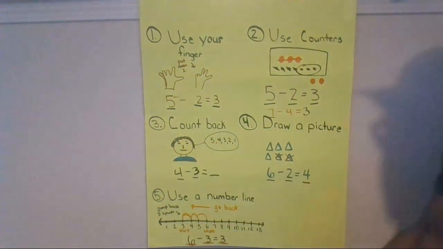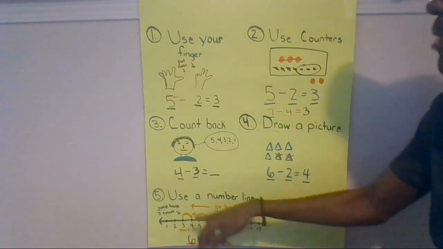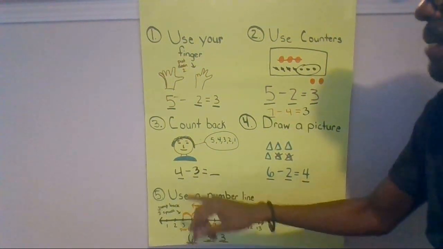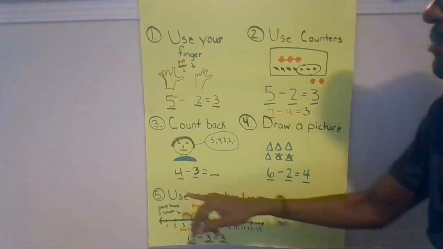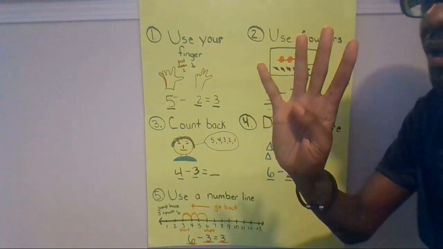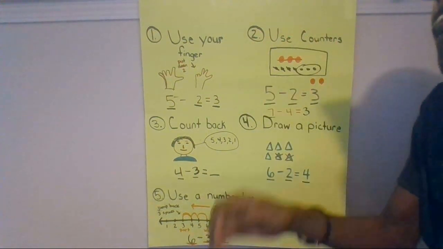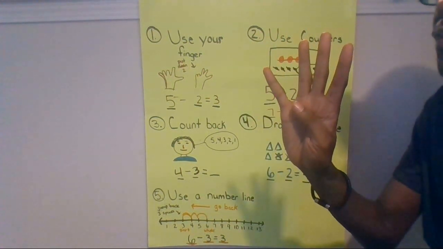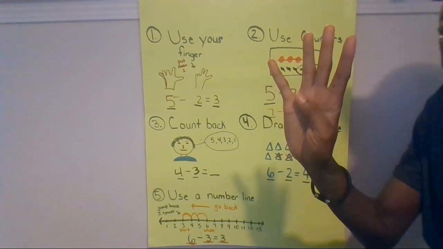Now we're going to do the count back strategy, okay? Let's get our problem. We have 4 take away 3. Uh-oh, Mr. Dobson. 4 take away 3. So I'm going to start with my whole, which is 4. Okay? So if you have 4 and you count back, you're going to say